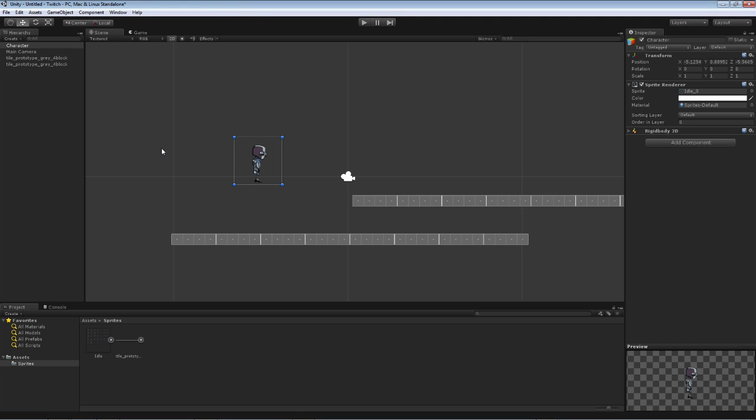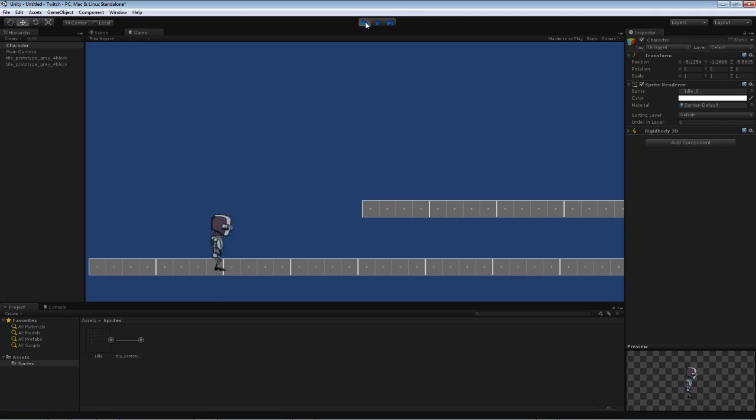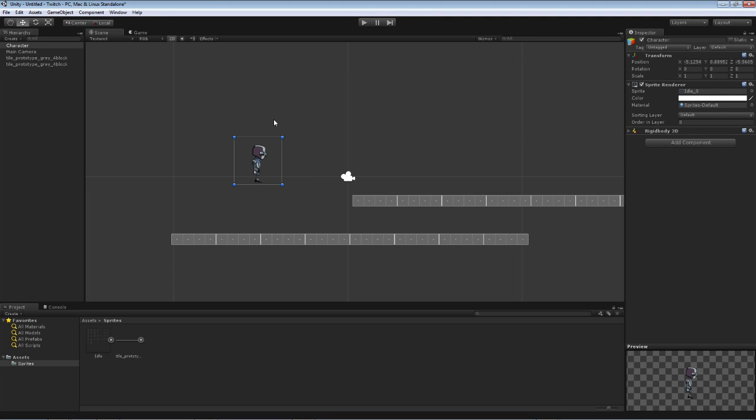There's one more thing here that we're missing. And what we're missing is colliders on our character, right? Our character has a rigid body, but no colliders, right? And the reason we didn't add a collider earlier is because we didn't know what the character would look like, right? I could add a box collider, but that's not very precise. So now that I have